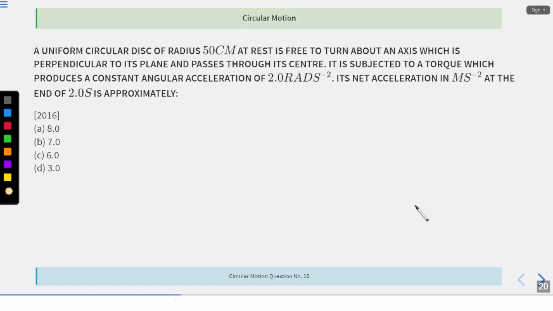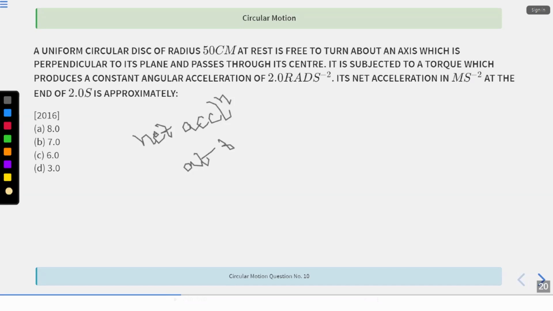A uniform circular disk of radius 50 centimeter at rest is free to turn about an axis which is perpendicular to its plane and passes through its center. It is subjected to a torque which produces a constant angular acceleration of 2 radian per second square. Its net acceleration in meter per second square at the end of 2 seconds is? So basically, we need to find the net acceleration